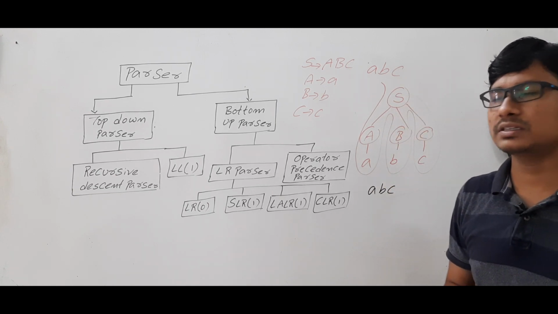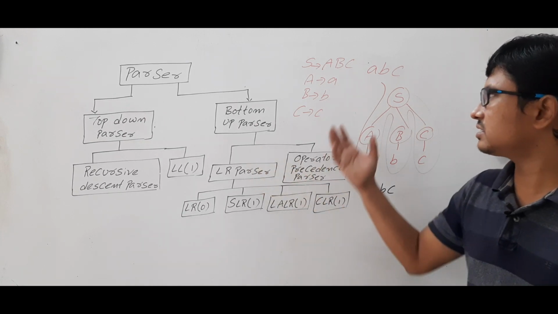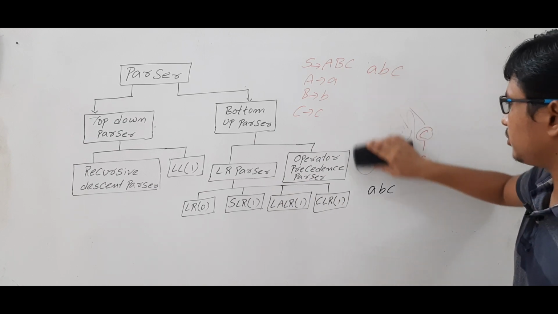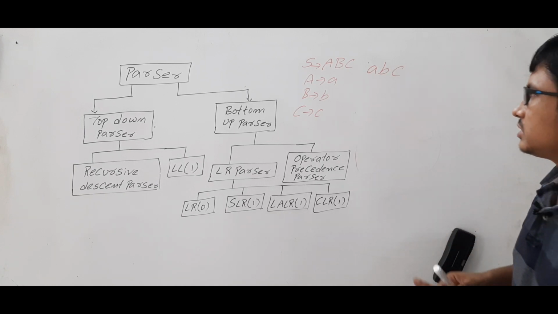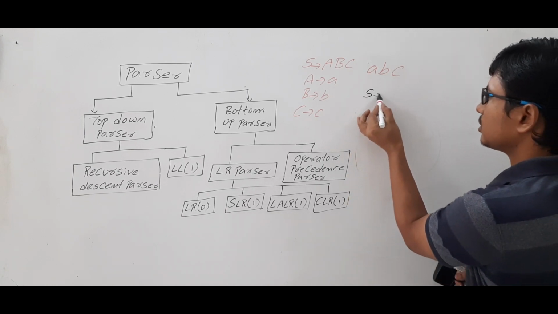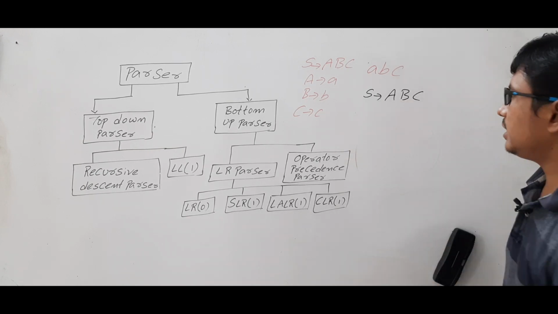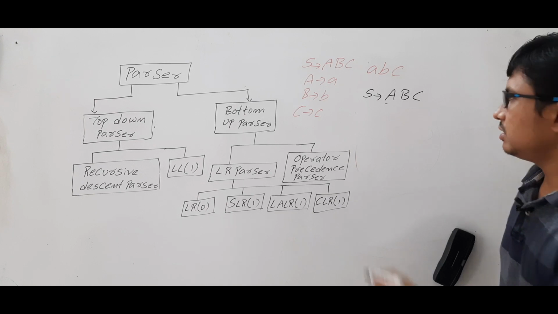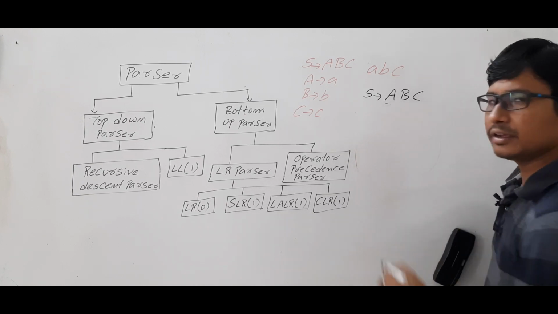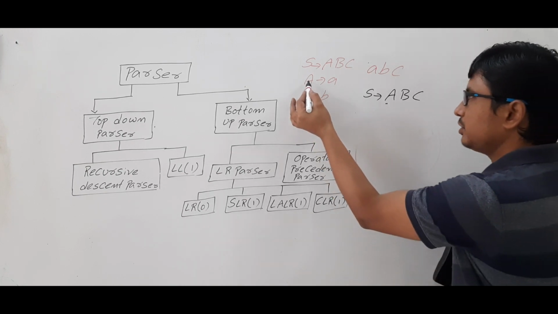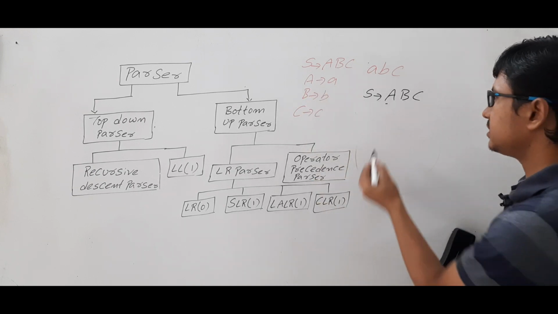Now top-down parser is equivalent to leftmost derivation. To prove it, I will discuss the same example with the leftmost derivation. Now you check it. How will I do the leftmost derivation? Again I will start from the start symbol. Yes, I will write ABC. Okay. Then I will read this one from the left side. So it is capital A, which is what? A non-terminal. If it is a non-terminal, you look at the grammar and what it is deriving. It is deriving a small a.